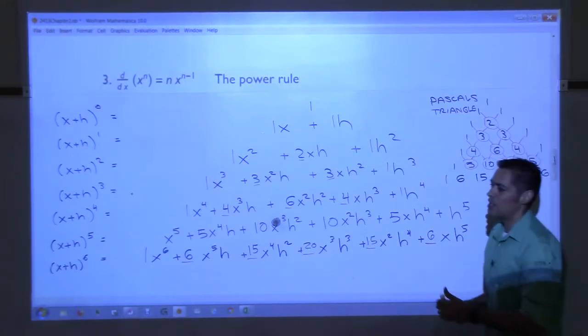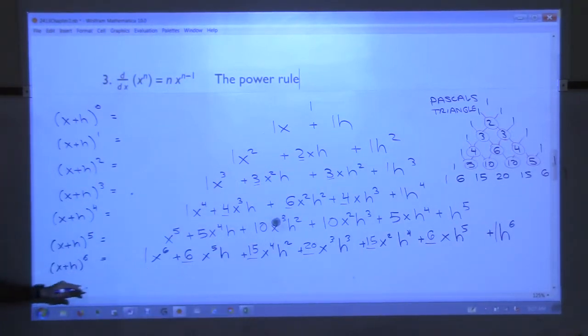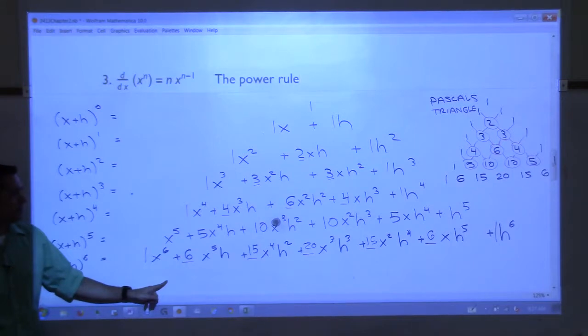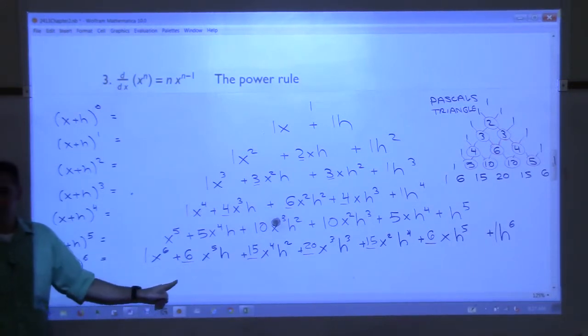What I'd like for us to consider is this: could you get the next row? Could you get x plus h to the 7th? Yes? Okay, I believe that you could. Let's talk through it. I don't want to write it down because I need room here. What would our first term be? x to the 7th. Okay, what would the next term be? 7. That comes from the 1 and the 6. So 7x to the 6th